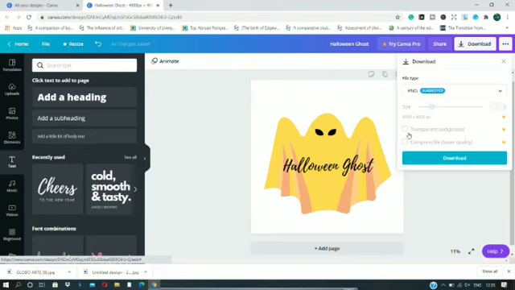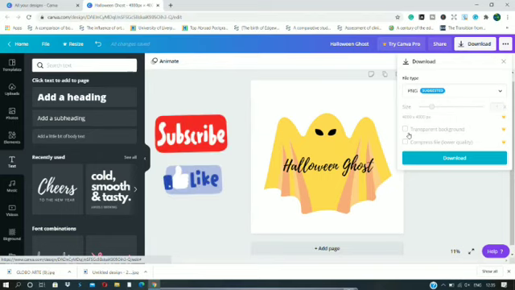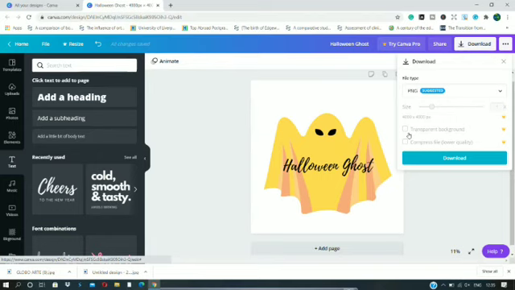But that's all. If you have any other option, let me know in the comment section below so that it will help other people as well. And I'm going to update this if I find one more website or tool which I can use to create a transparent PNG background. So comment down below if you know any other option apart from these three. I'm not going to use Canva Pro because it's my free version, and I usually use Photoshop for creating a transparent PNG background. But if you are not okay with that, go for Canva Pro or go for the remove.bg website and remove the background there.